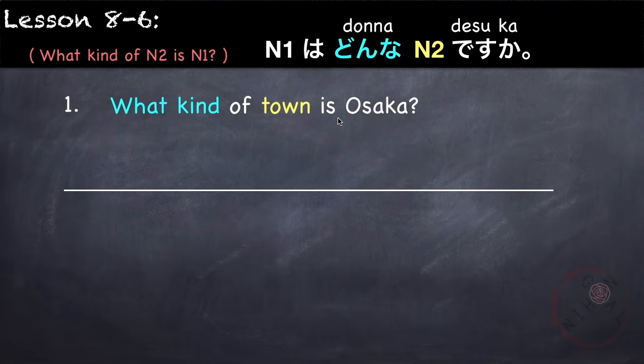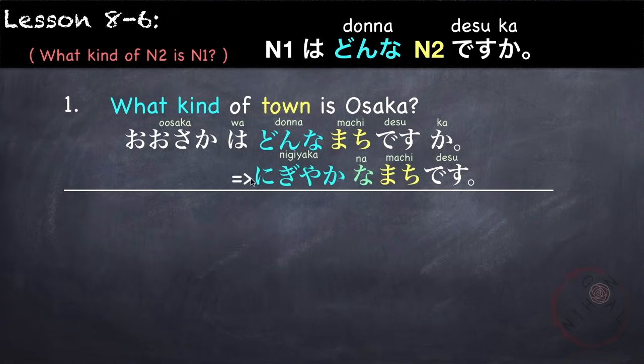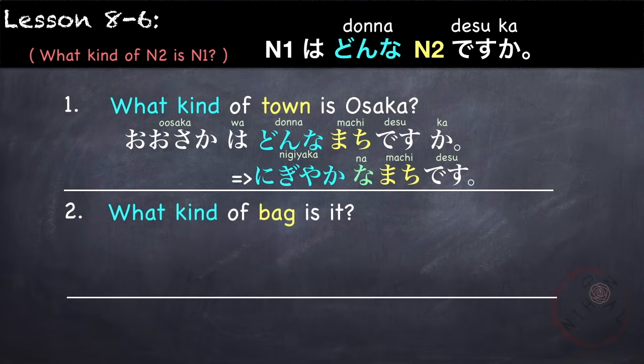So using the pattern, we start with our N1 which is Osaka. Osaka は what kind? どんな town 町. 大阪はどんな町ですか? If you want to answer, it's a lively town. にぎやかな町です。or 大阪はにぎやかな町です。